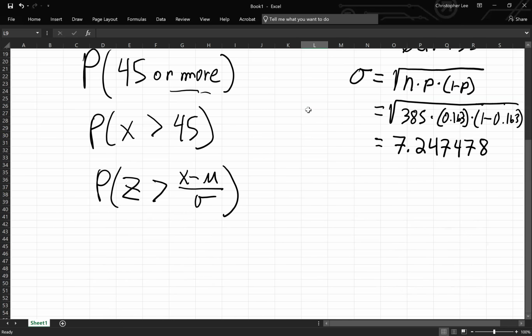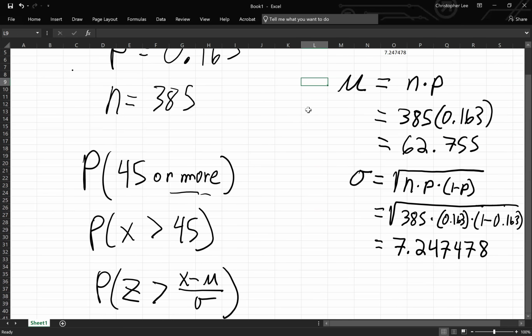They're asking for greater than 45, right? So remember, if I'm gonna do greater than 45, I have to go back by 0.5, right? So that means that I'm actually gonna change my x right here. This is a little correction to become x greater than 44.5,